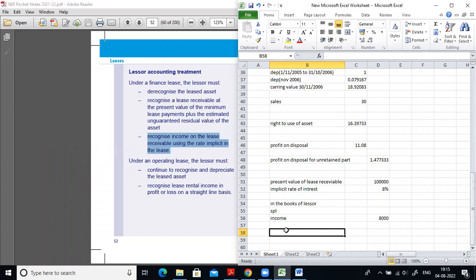Sir, is that 1 lakh the total of lease payments over the lease period, or is it 1 year's payment? If the lease term is for 5 years, it is the total present value of the lease payments, 1 lakh. You can't show that as an income in the statement of profit and loss. You will be recognizing it as an asset. Only income will be that 1 lakh into 8%. So only the interest is the income, the rest is just asset. Exactly, correct.